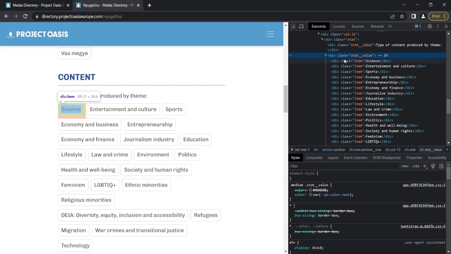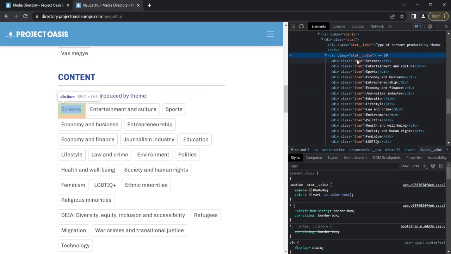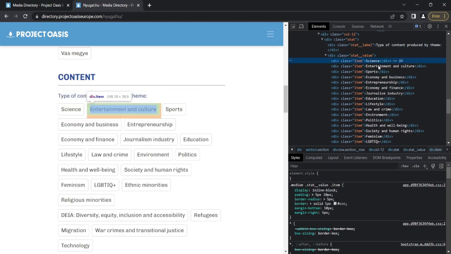This div has all of these children elements, all of these divs. We want all of these, but we need to separate them. So we need to say science, comma space, entertainment and culture, comma space, sports,